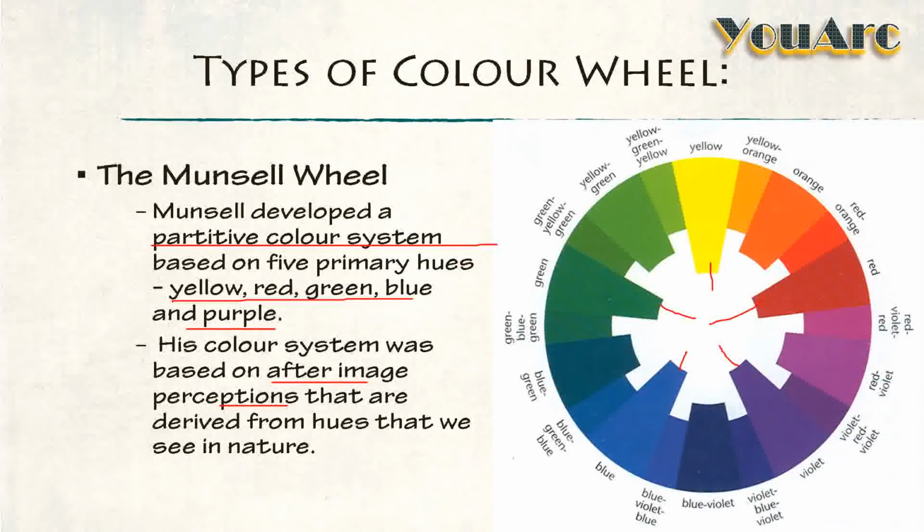So now let's see about this partitive color system. We already discussed it earlier, so I'm just recalling it. Partitive is something where people react to a color in relation to the other colors around it, other colors in its surroundings. That is called the partitive color system. It was developed by a person called Munsell. So this particular color wheel is called the Munsell color wheel, named after him. Okay, moving on to the next slide.